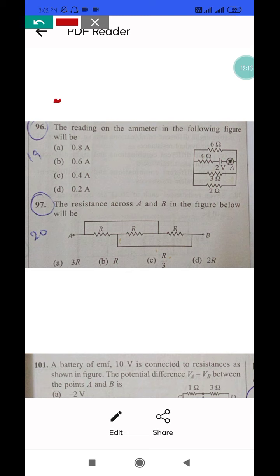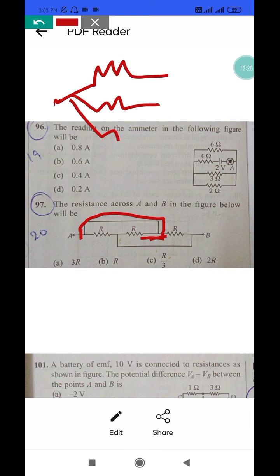Let's say we have this point A. This point A is connected with this resistor end, which is common for this resistance as well. So if I take a point A, I can draw something like this for the 3 resistances, because this point is common for this resistance and these 2 resistances as well. And let us look for another point, let's say B. Look carefully, can you see?